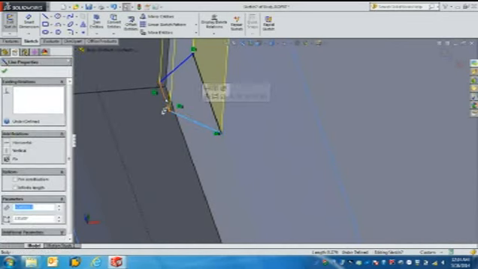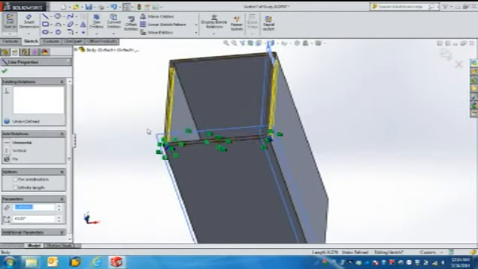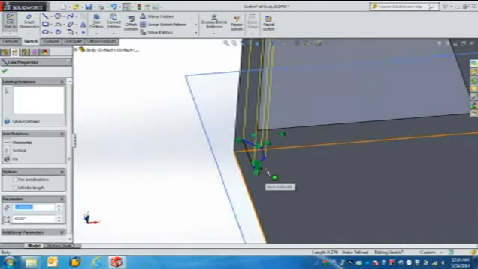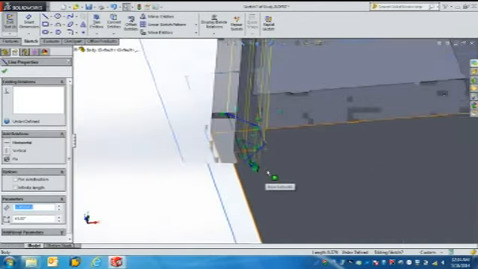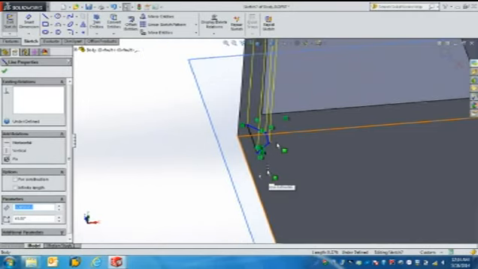This one is 0.20, this one is again 0.26 with an angle of 45 degrees. And the similar thing I have done here on the other side of the container. I have simply drawn the cross section of the slot here,